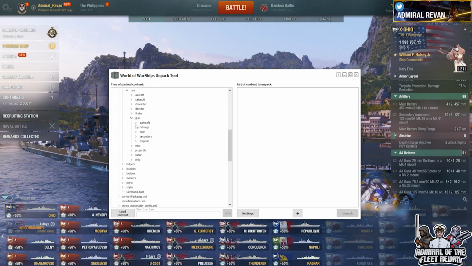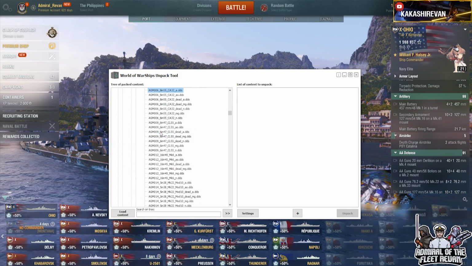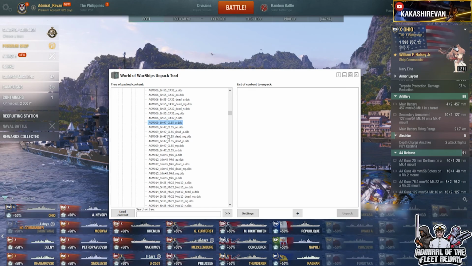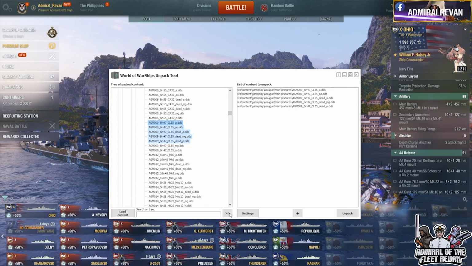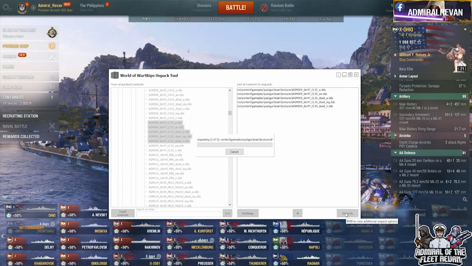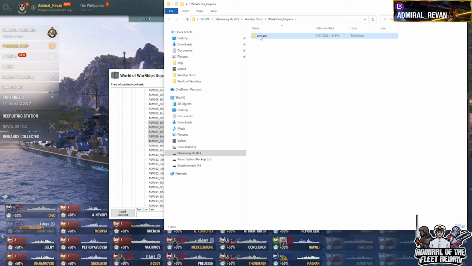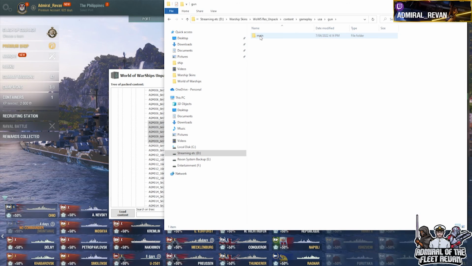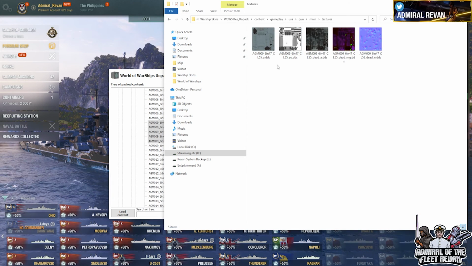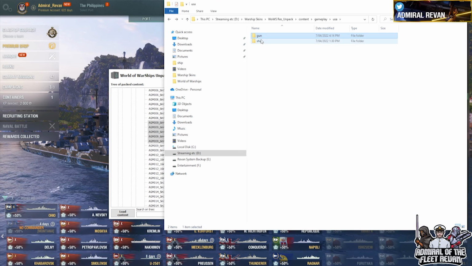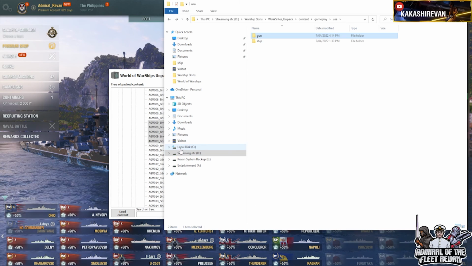So let's just, for example, for the actual gun texture, you go to guns, go to main, scroll down to the bottom where it says texture. Let's select a good example here, like these ones, select that and unpack. And what it comes out like is under content, gameplay, USA, gun, main, textures. There's the DDS files. You can edit those files, customize it the way you want it, and copy that folder, gun, and then basically